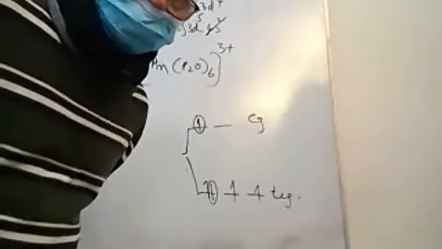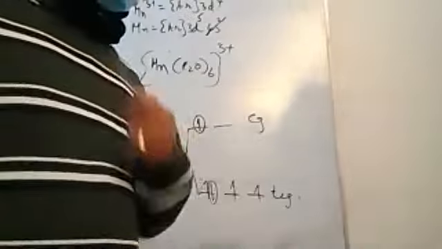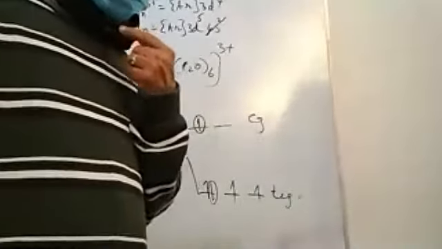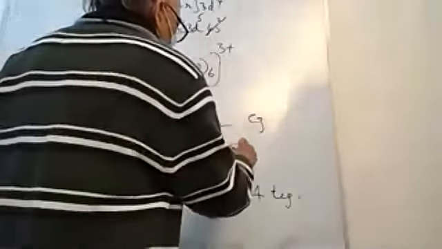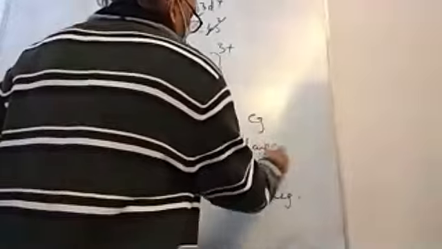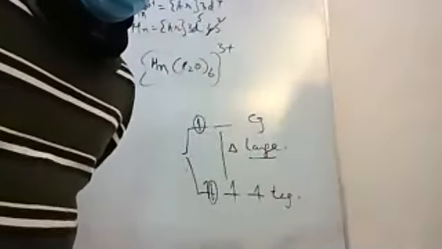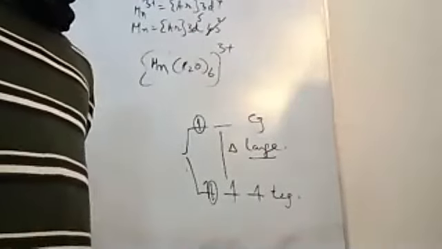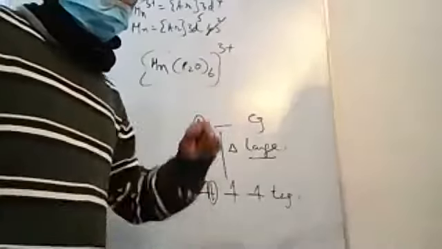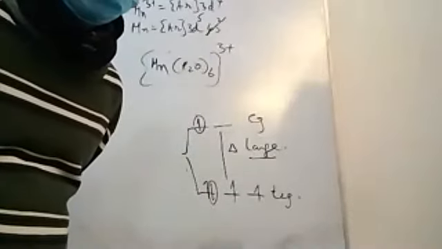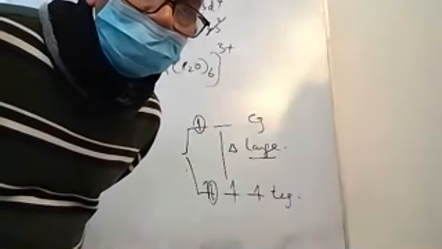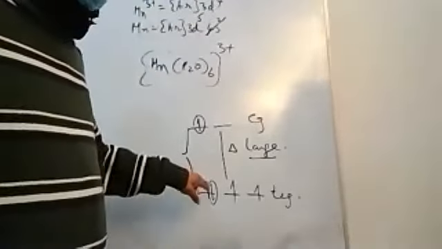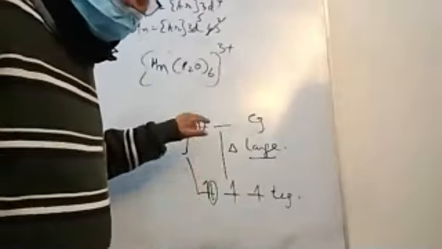So there are two possibilities. Now, to understand these two possibilities, we need to quickly look at what factors might lead to which type of electronic configuration. If this gap delta is large, what would be your choice, whether the electron goes there or comes here? If the splitting energy is huge, then it takes a lot of energy to keep that electron there.